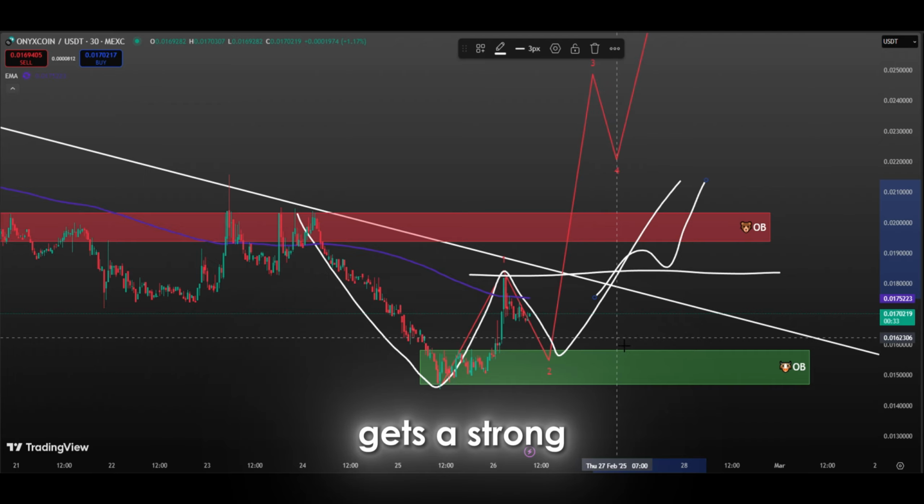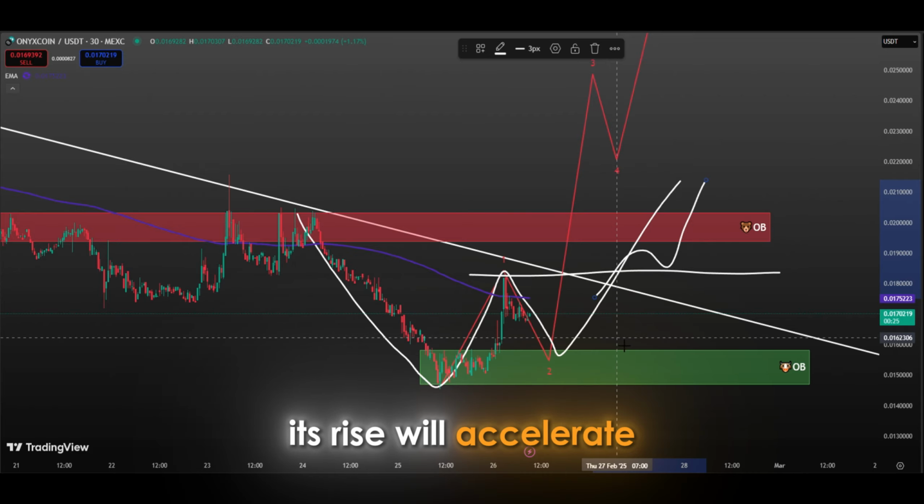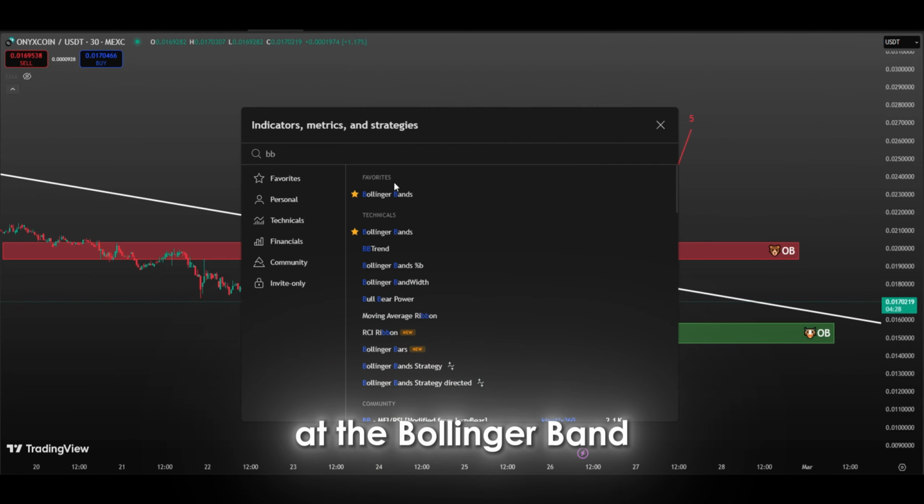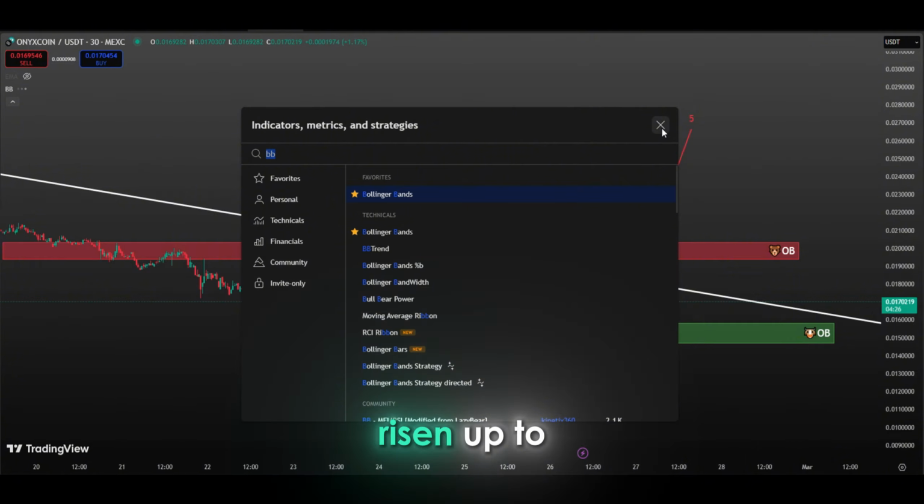If the price gets a strong reaction here and starts an upward reversal, the W pattern will be completed and will give a positive signal for the start of the uptrend. And also, if it crosses the BP line, its rise will accelerate. When we look at the Bollinger Band, we see that the price has previously risen up to the upper band,